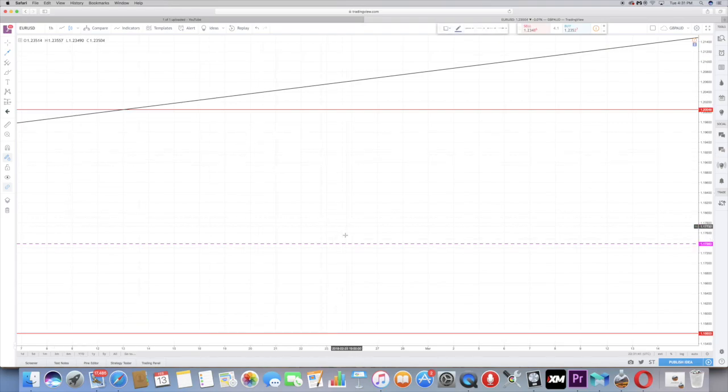An uptrend is obviously going to be going up. So this is the simple pattern for an uptrend. Higher high, higher low, higher high, higher low, higher high, higher low, higher high. Remember, it's not always perfect. 90% of the time, it's not going to be perfect like this. But it's going to do the higher highs and higher lows when it's on an uptrend. You can draw your trend line. Your trend line is going up. You can draw another one at the top, just like that. It's in a channel going up and down like this. This is what an uptrend looks like.